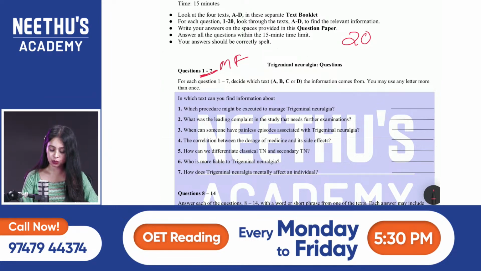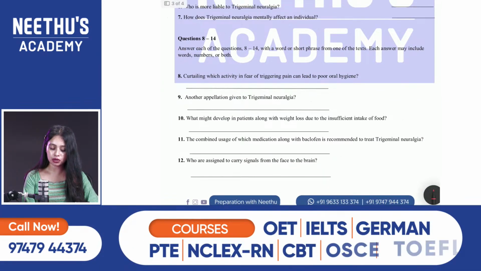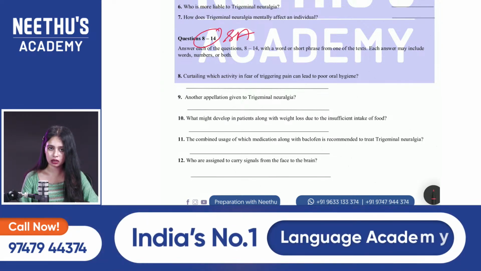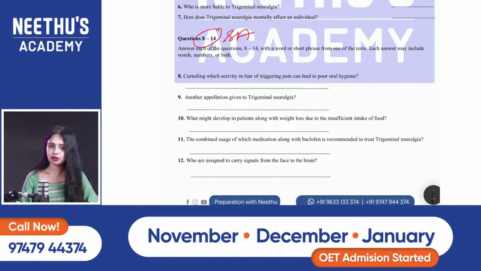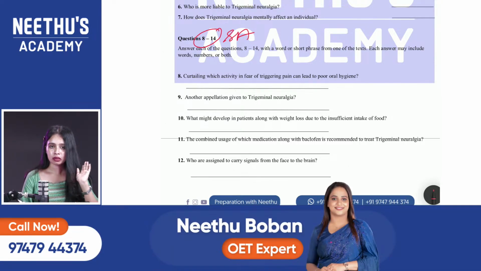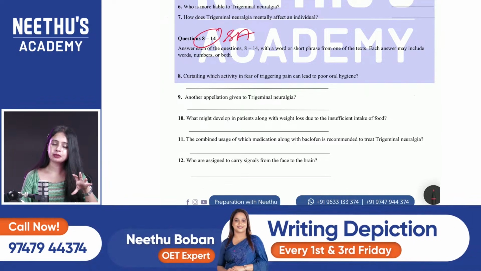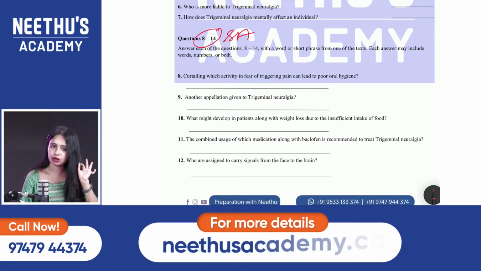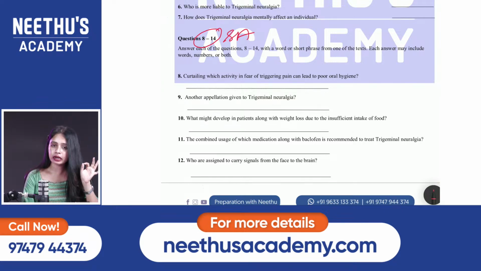Then, what is that? Is match the following set of questions. And 8 to 14 is called short answer questions. As the name itself indicates, the answer should be short. It's not according to us, not according to our wish, okay, this is my answer. A lengthy answer won't work there. So we should cut short the answer. A precise, correct answer should be there. It should be short. Very clearly mentioned here.